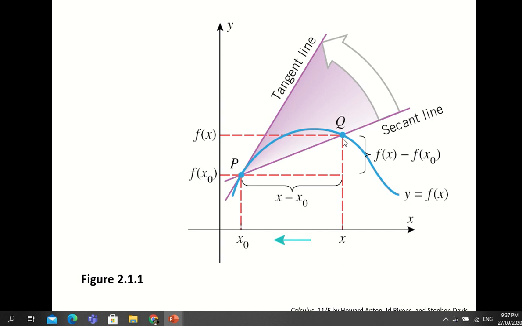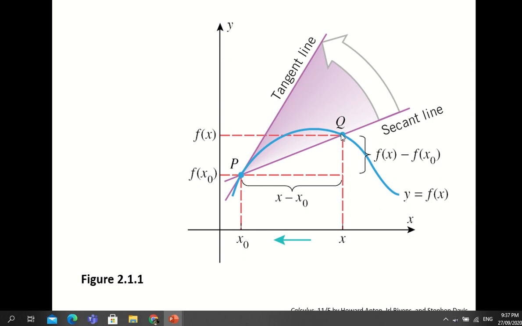This is the difference between the distance f of x and the distance f of x sub 0, referring from the x-axis. So we have f of x minus f of x sub 0. Now, if we are going to move this point Q along this curve going to the left, or if we are going to trace this curve,